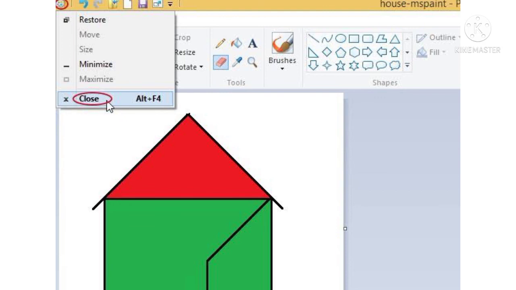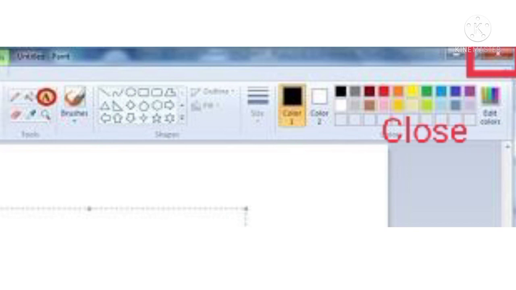Number 4, click on the Save button to save the changes and exit MS Paint. Number 5, we can also exit the application by clicking on the Close button on the top right corner of the application window.